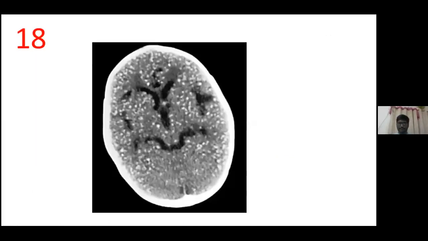Again, this is a recently asked question in NAMS. You see multiple hyperdensities in the entire brain. This is the starry sky pattern, which is classically seen in neurocysticercosis. The moment you see multiple hyperdensities in the entire brain, and sometimes even in the scalp area, the muscle area, the chest area, these are all dead cysticerci. So this starry sky pattern is classical of neurocysticercosis.